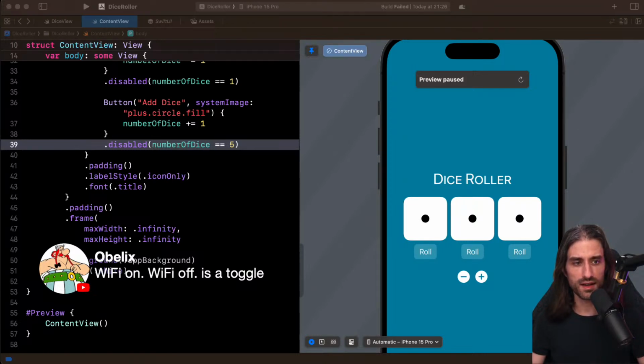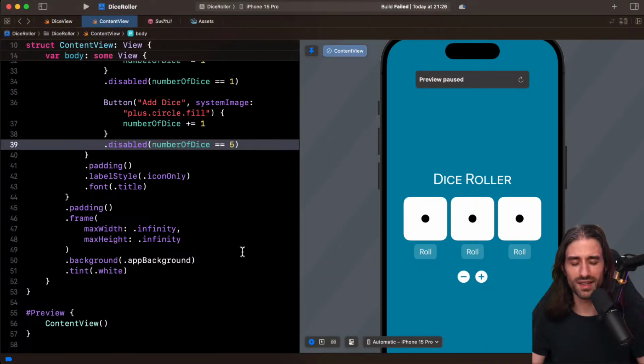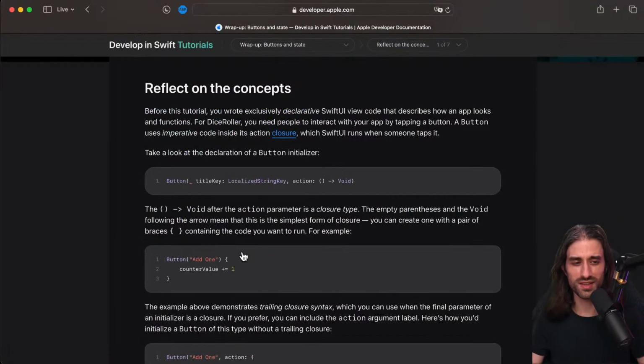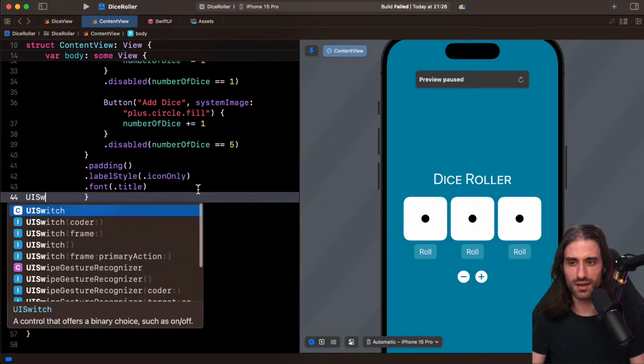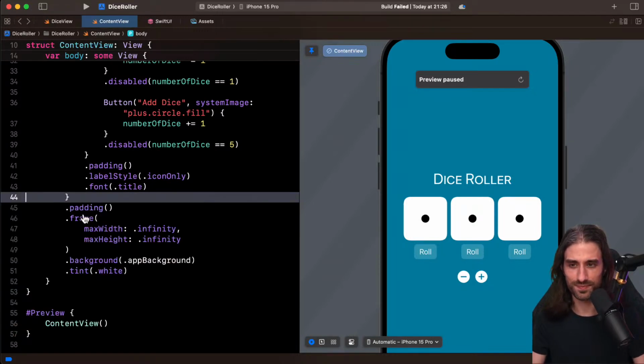I was thinking also that I'm always confused because toggle wasn't called toggle in UIKit. I think it was called the UISwitch. That might be the reason why I have a hard time thinking what it is, because for a very long time it had a different name. Let me just see. Yes, UISwitch indeed.